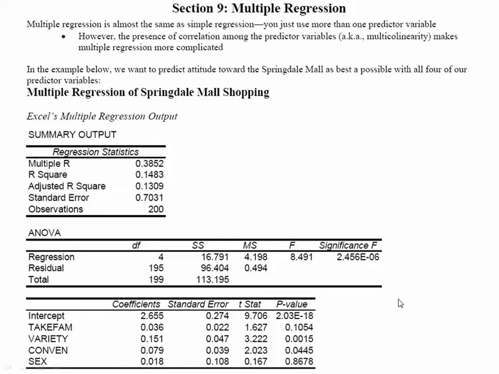All right, segment of section 9. We are now going to look at multiple regression. It is an extension of the end of the last section where we talked about simple linear regression. Now we're going to be using more than one independent variable in an attempt to more accurately predict the dependent